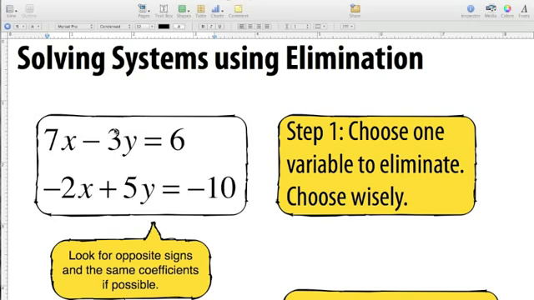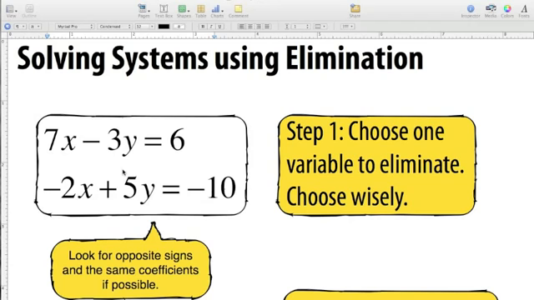Sometimes it's easy, sometimes it's more difficult. In this case, what I'm looking for is the coefficients of each variable. If you see a variable that has opposite coefficients, in this case we have a -3 here, if we had a +3 here, then that would have been perfect. I would have added the two equations together, just combined like terms,